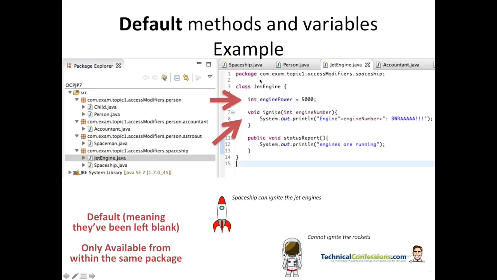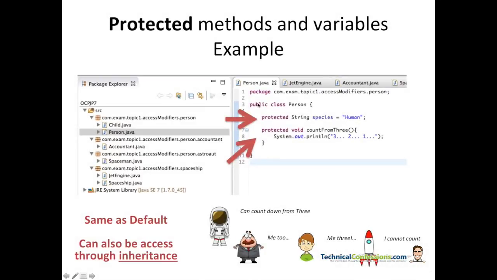So here, the jet engine class resides in the same package as the spaceship class, and with that in mind, it can then access these variables and methods. When it comes to protected methods and variables, it's very much the same as default, but it can also be accessed through inheritance. So what I mean by that,